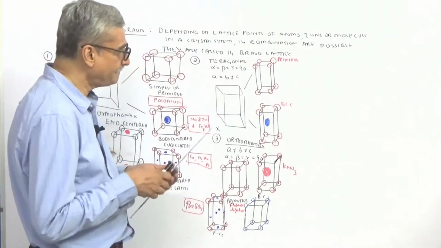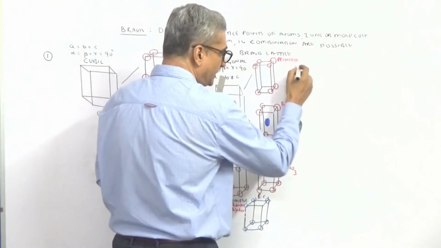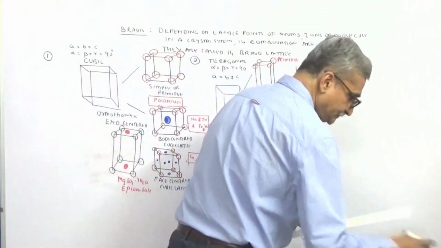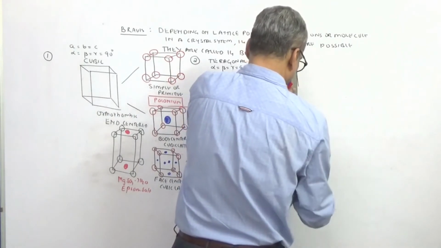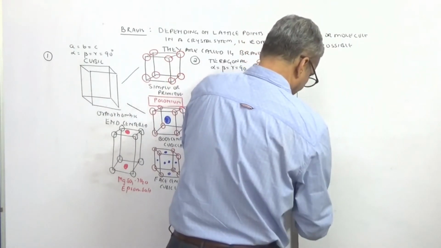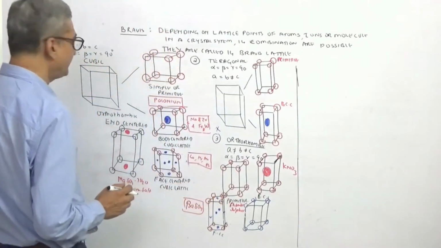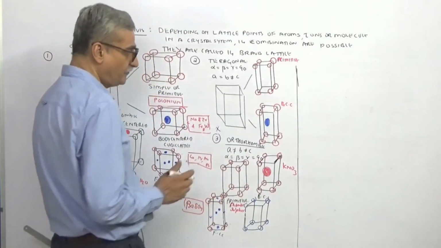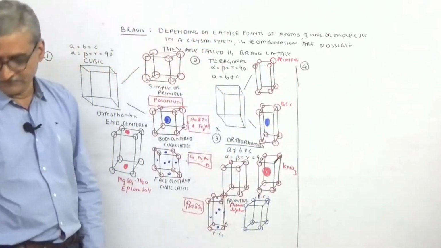Now it's easy. Now we'll come to the fourth type. We'll draw a line over here so that some distinction will be there, otherwise everything will be a jumble. Okay. Now in this space we have to accommodate the remainder. So 1, 2, 3, now 4. So what was the fourth system that we had?